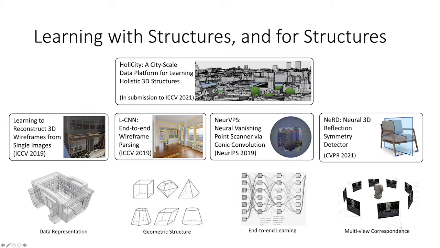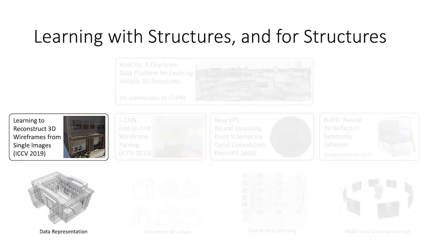You can see that we'll start with our early attempt to recover larger global structures such as junctions and lines, and how we get line detection and even vanishing points. Surprisingly, many of you may be laughing. This is such a simple problem in the modern age of deep learning. Well, think twice. Even in this simplest, most naive 3D reconstruction problem, learning doesn't really work that well, let alone with symmetries. We start with this.